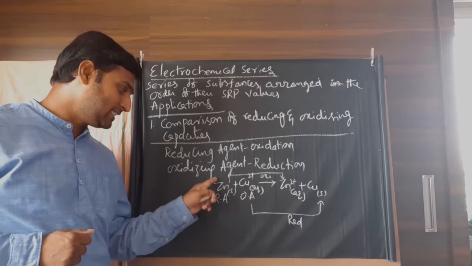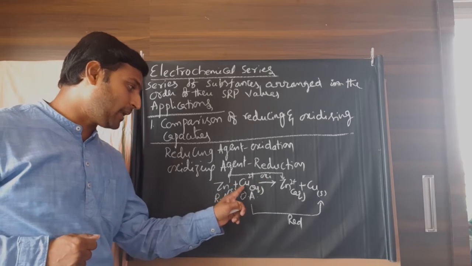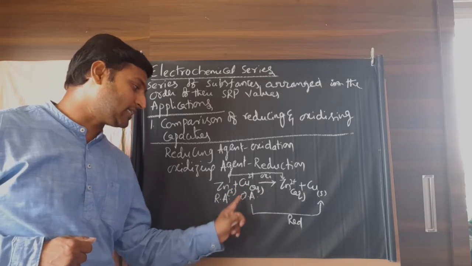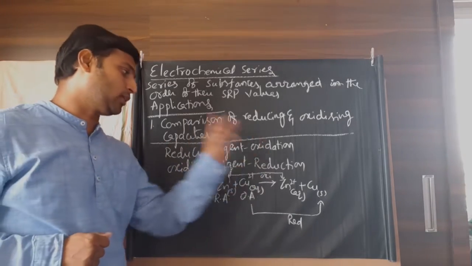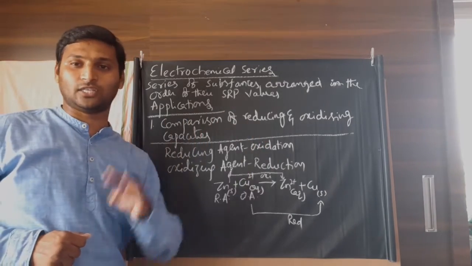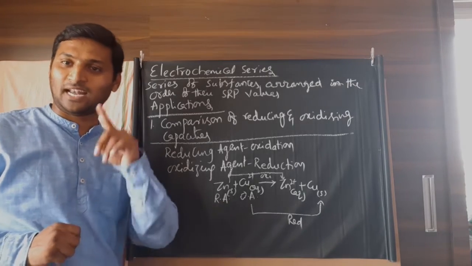Now, zinc, to act as a reducing agent, has undergone oxidation. Copper ions or copper sulfate, to act as an oxidizing agent, has undergone reduction. So quickly, the reducing agent undergoes oxidation, the oxidizing agent undergoes reduction. I revised your first PUC. Okay. Now,